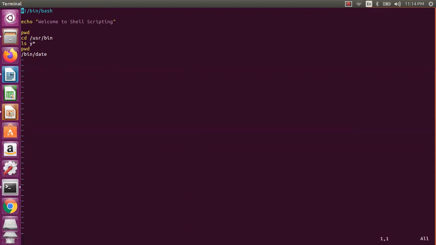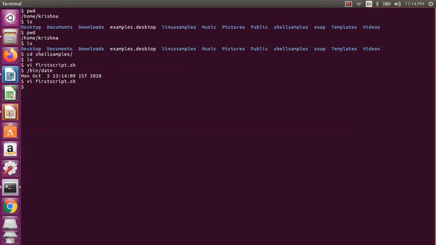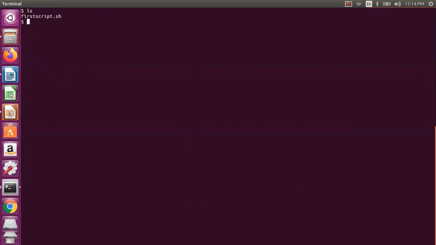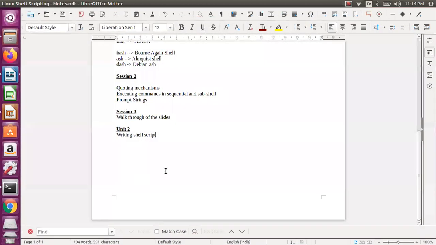Maybe you can also write ps -f. I hope it may not confuse you. So let us try that particular one, ps -f. Okay, so now I have my first shell script file with all the commands I want to execute. There are two methods of execution actually. So, executing in two methods.